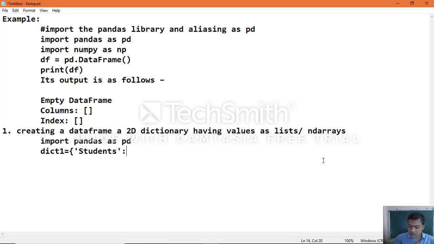Students, then in the list we can have the names of the students, which you can specify.